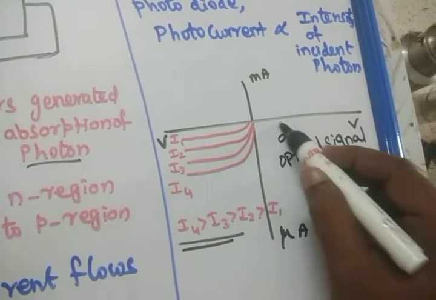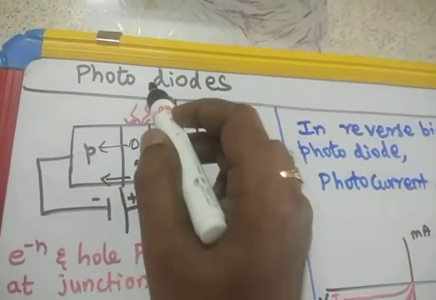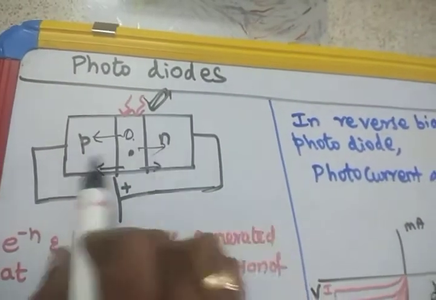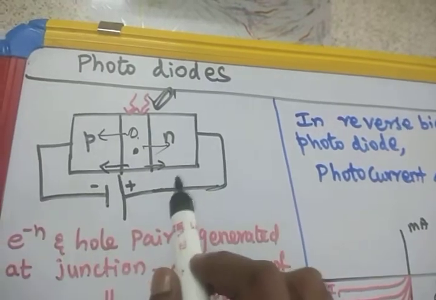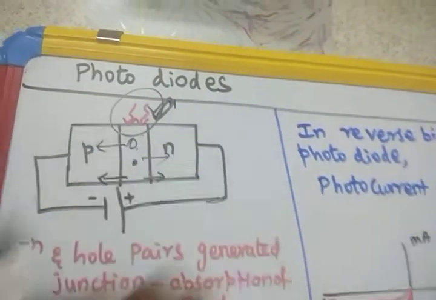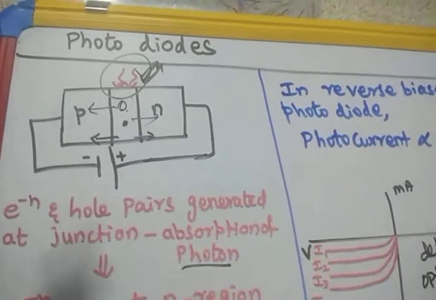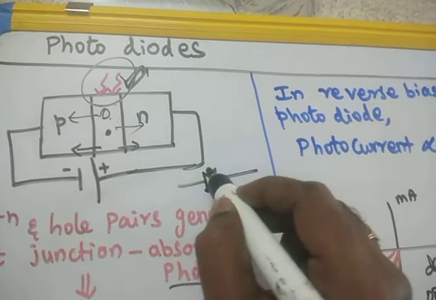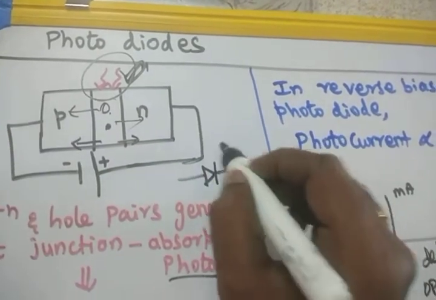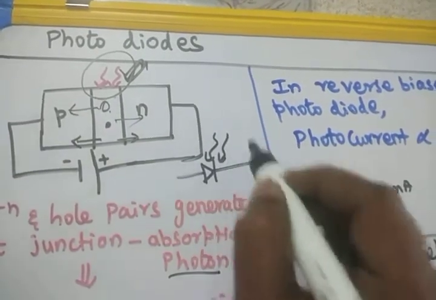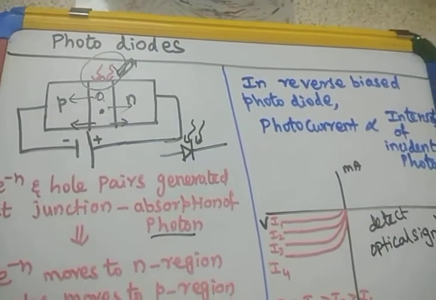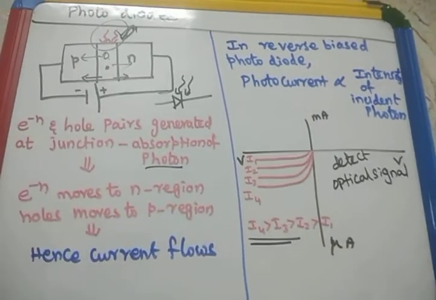Whenever light signals are coming, if you insert the photodiode, the incident signal will fall on the PN junction diode, which is a reverse bias diode. The current will flow, and whenever the current flows, we can identify that light is falling on this diode. The diode symbol is as usual the PN junction diode symbol. For a light emitting diode, we draw the light arrows like this, and this is the photodiode symbol. So memorize all the symbols very clearly. It may be asked in a question.